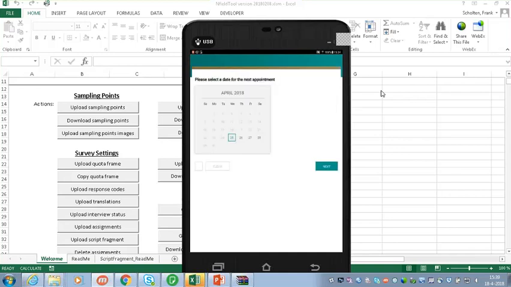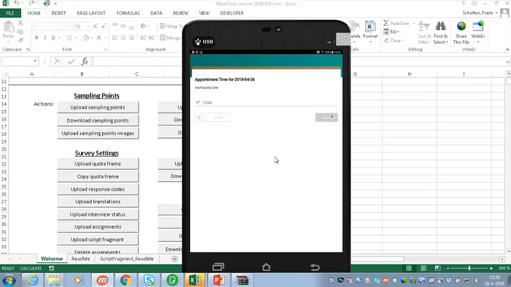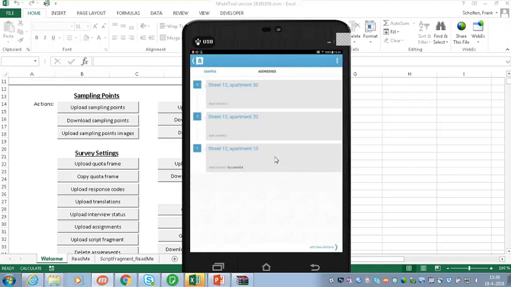version R. This is where we make the appointment, and because we are using the script, we can nicely limit the choice for the interviewer to actually the date that we want to make an appointment on. So we choose the 26th again, and we do it at 12 o'clock. Next. And we're done, and he's loading